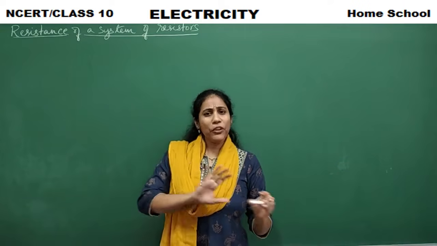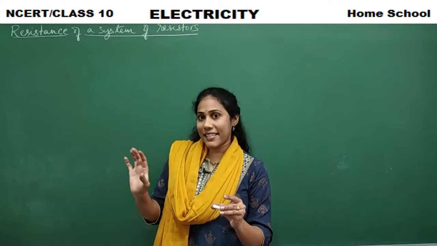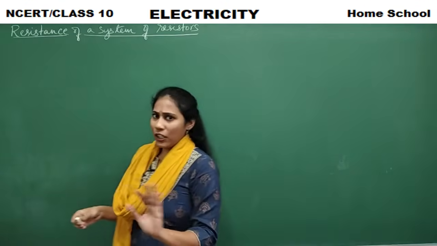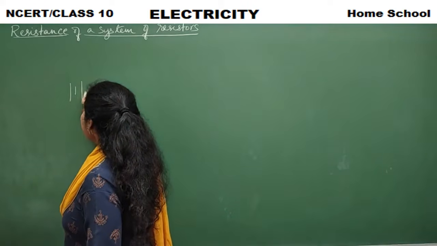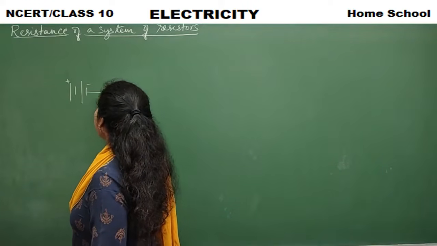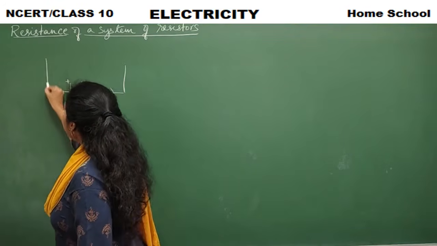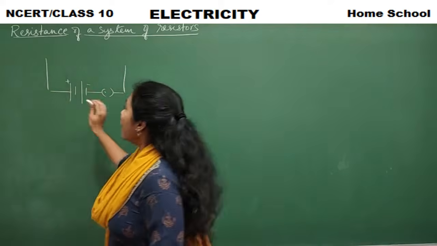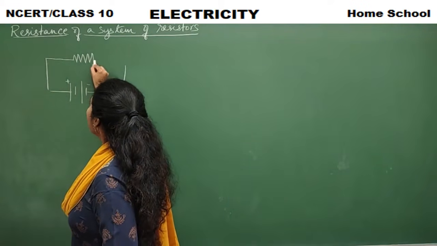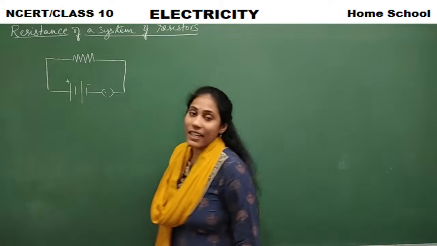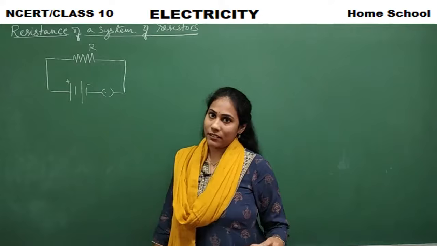Clear? So before that, I will just show you a circuit diagram including a resistor or resistance. So we all know the normal circuit diagram. It will have a battery, isn't it? And then a switch would be there, closed switch indicating circuit is closed. And then some device would be there, right? Now instead of a device, I will take a resistor. So this is how the resistor is indicated in a circuit. So this is a resistor having a resistance R, right?